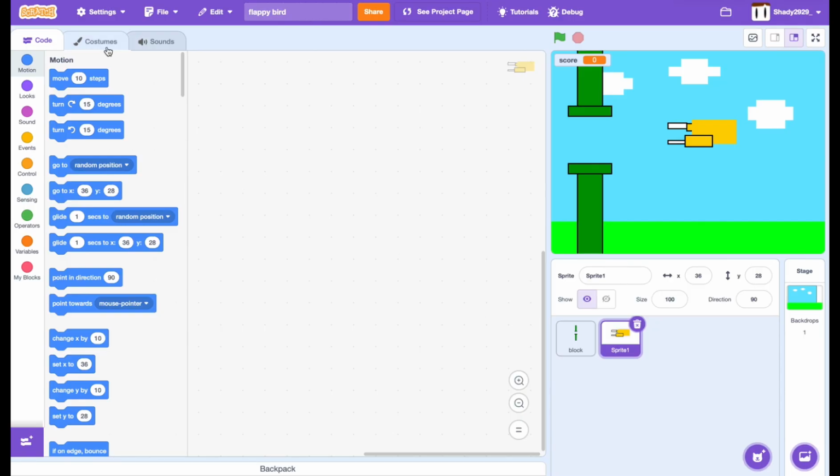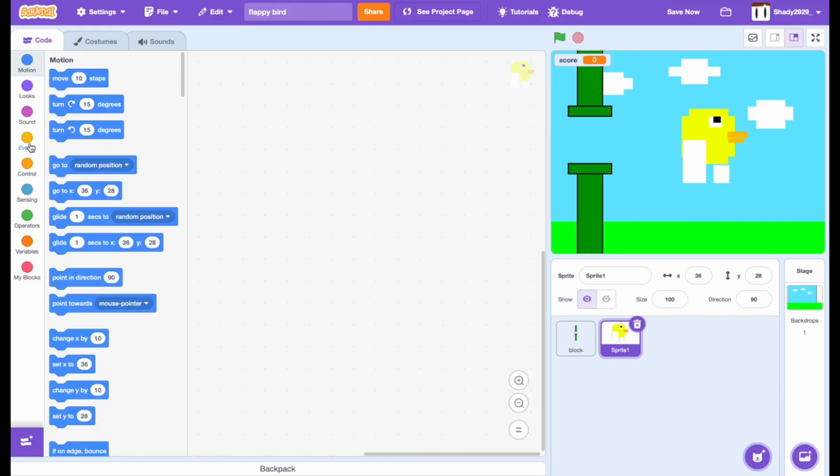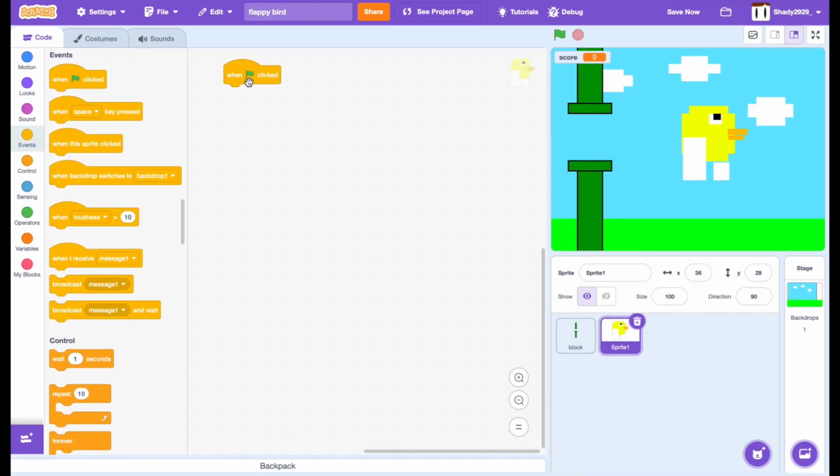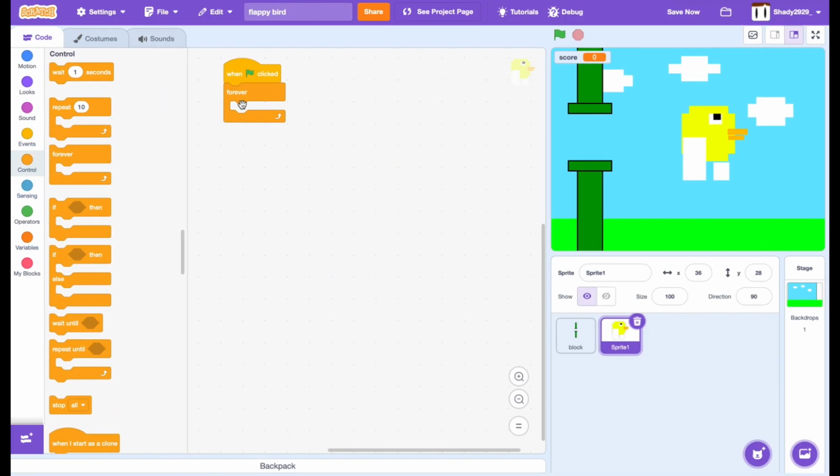Let's switch the costume to Flap 1. My bad. Let me just take that. Okay. We're going to do a when clicked, forever, if